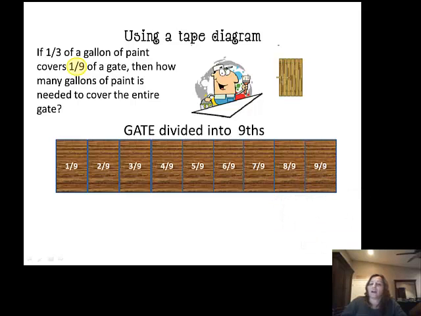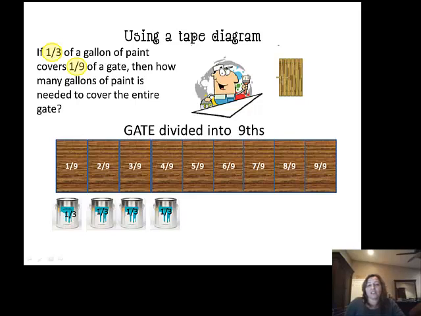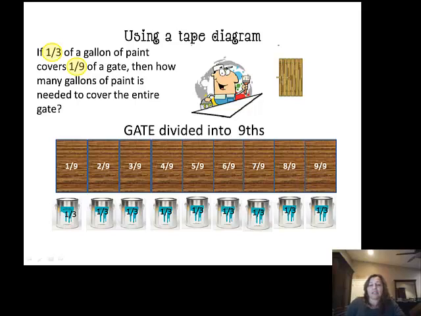Okay, so I have 9/9 would make my whole gate. And then I know that I have 1/3 of a gallon of paint is going to cover one of those ninths. So there's 1/3 of a gallon of paint. So for every ninth, it's going to take me another 1/3 of a gallon of paint. These are in proportion. They change at the same rate. So 1/3 for another ninth, 1/3 for a ninth, and so forth and so on until my entire gate is